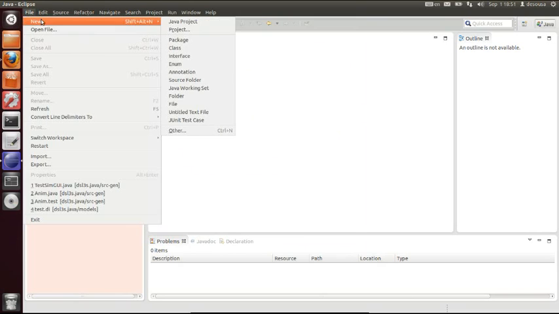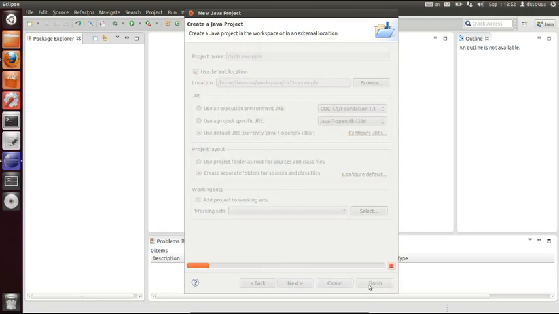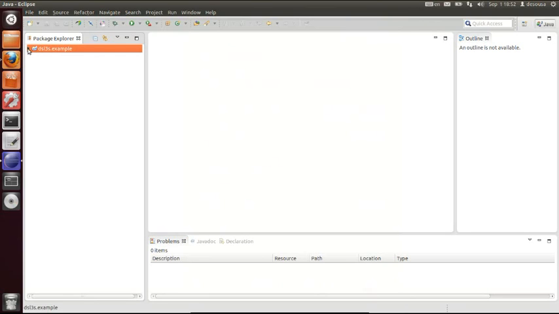This will be a Java project because the end result of a DSL3S model will be a Java program. So let's call it DSL3S.example. Make sure that the default JRE is selected and click Finish. So this creates a classical Java project with the classical folder structure, and we can start by adding a folder